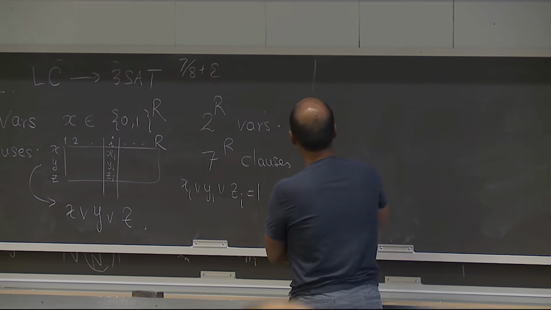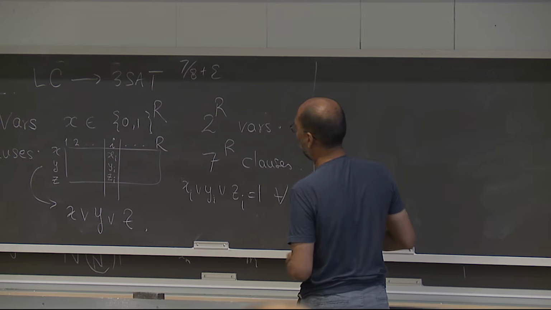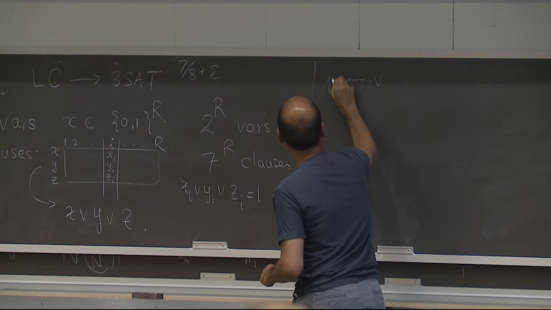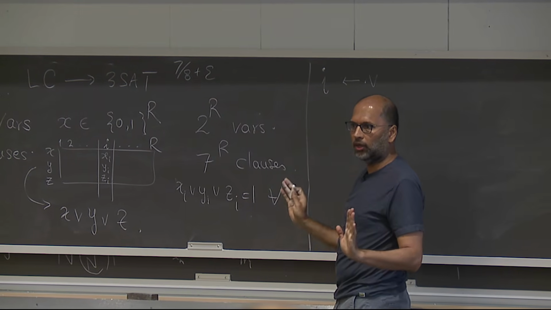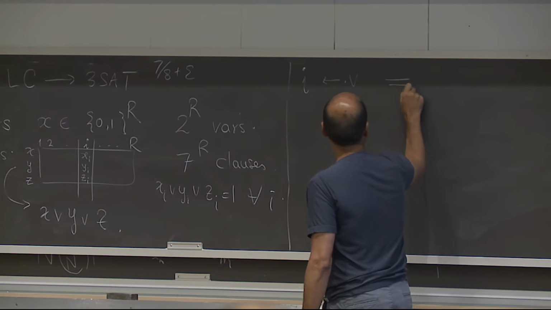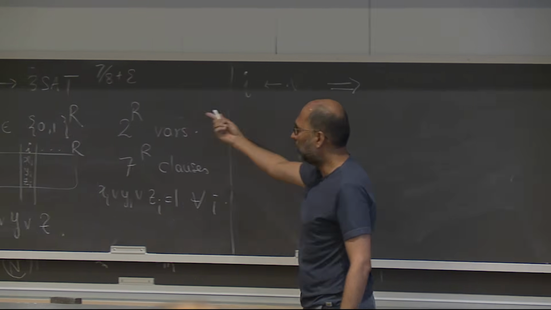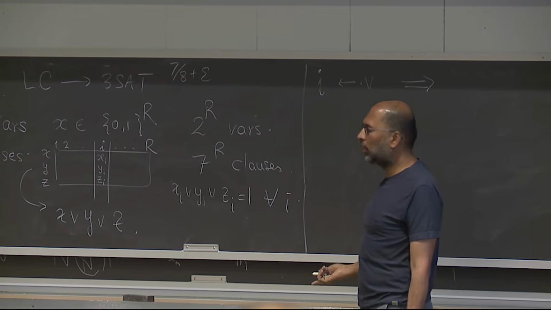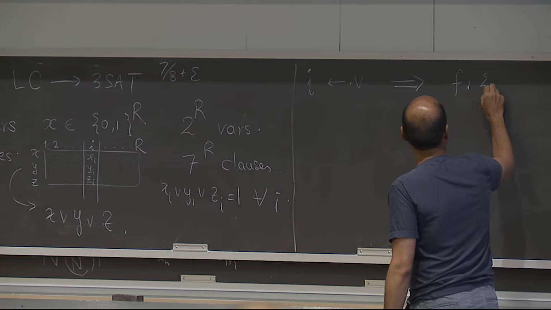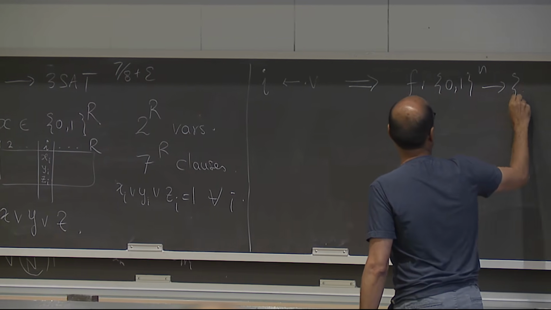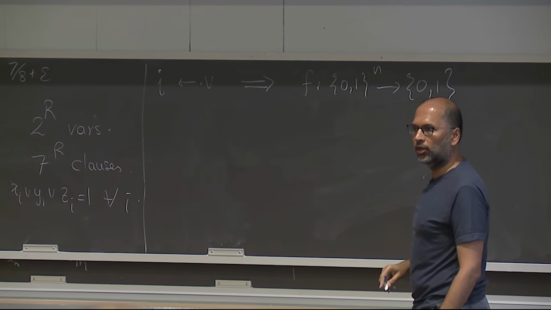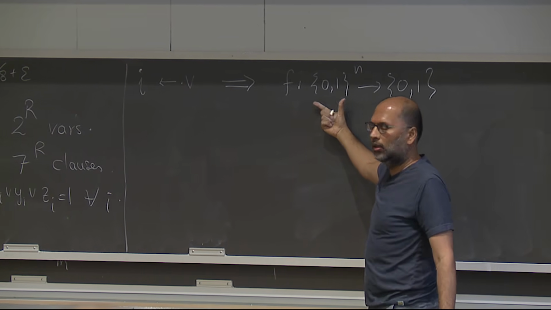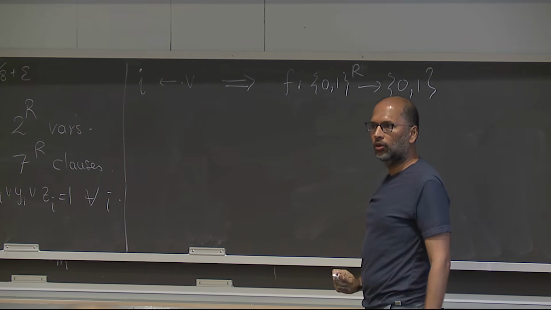So in the yes case of the reduction, suppose your intention was to assign this variable a label I, an integer from 1 through R, whatever it may be. Then here is an assignment to the variables which is going to satisfy all constraints, all clauses. Now, what's an assignment to the variables? It's just a function from {0,1}^n to {0,1}. And now we are clearly in the domain of Boolean functions, because this set is the variables. So assignments are simply Boolean functions. This dimension should be R. Okay?